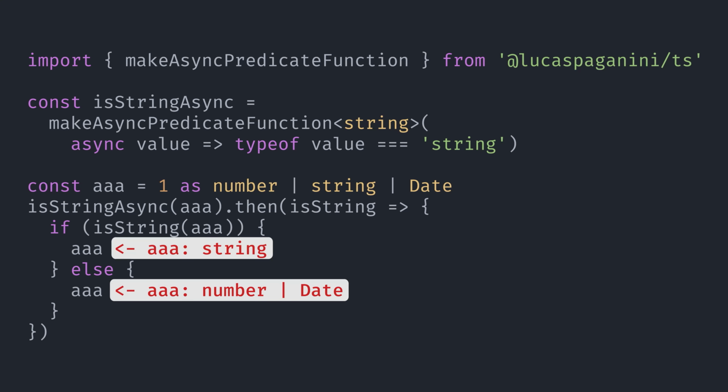So I went ahead and made our lives even easier. I made an asynchronous higher order guard that creates asynchronous type guards for us. If you choose to use my utility function, it will be even easier to create asynchronous guards and refactor them once we get native support for them in TypeScript. It works on Node and browsers.